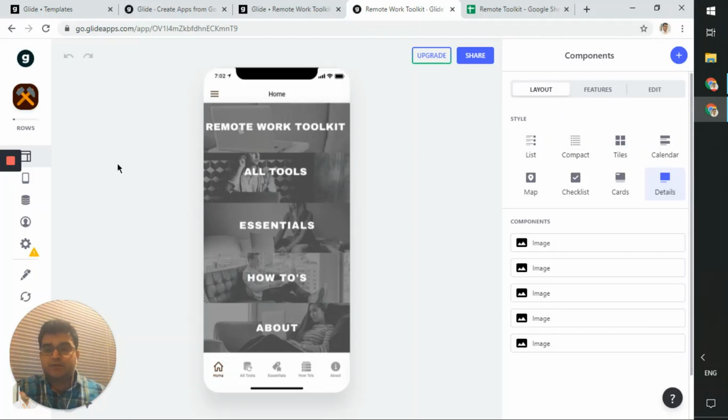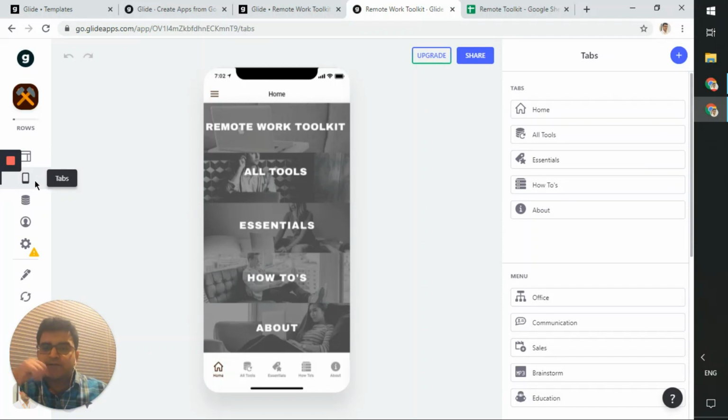And if you have this question, you're on the right track. It is coming from this particular option. So there's this tabs. If you click on it, it shows you what are the available tabs. As you can see, this corresponds to the one in the bottom. And if I click on home,